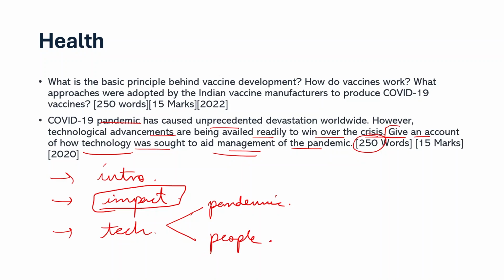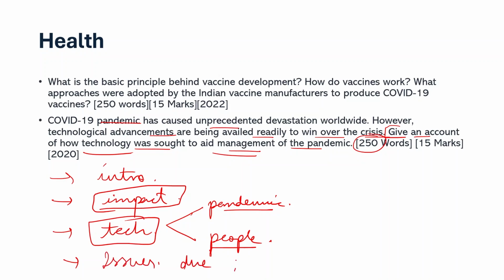like video calls, and all these things, okay, internet. So if you want, you can divide how technology helped during the pandemic into two parts. First is the management of the pandemic, and second is the people. Then you can write about issues